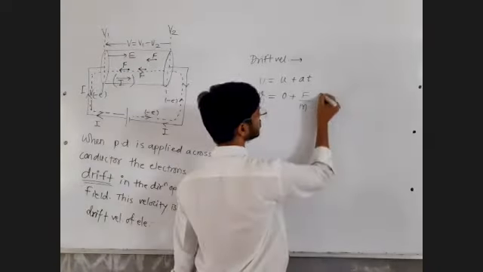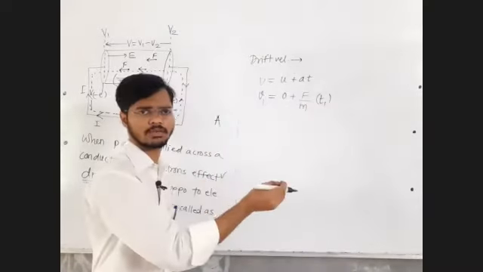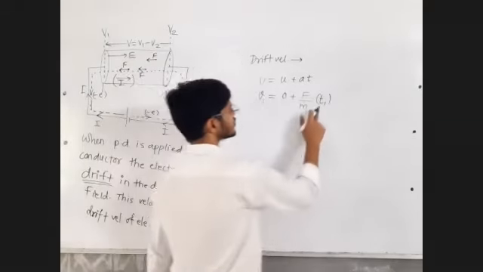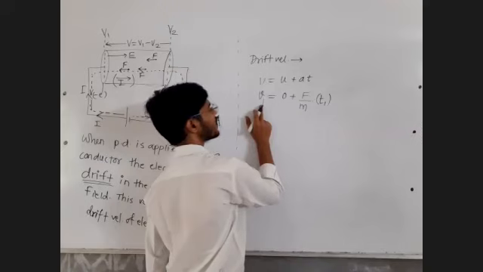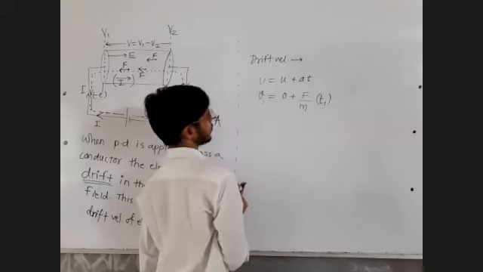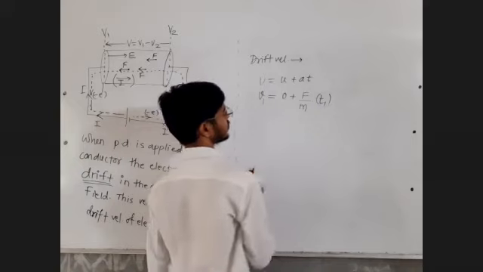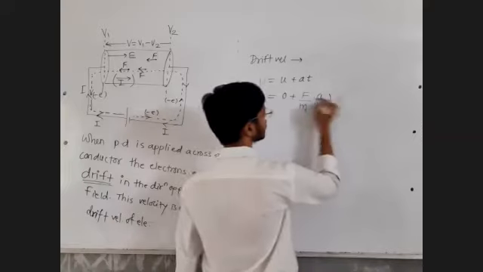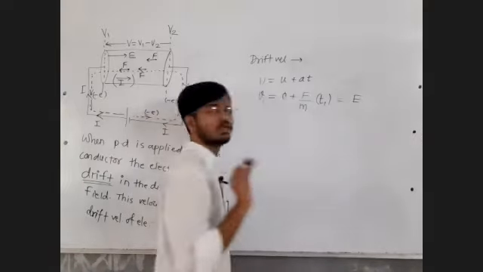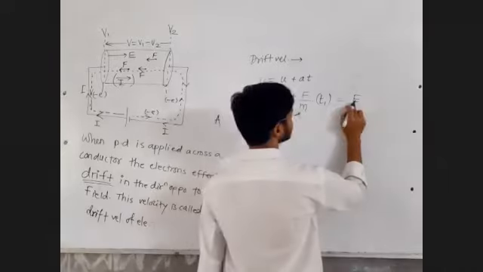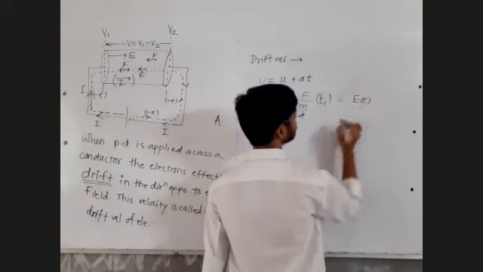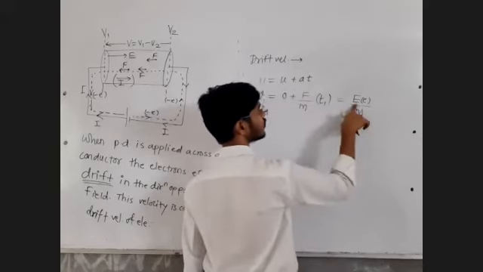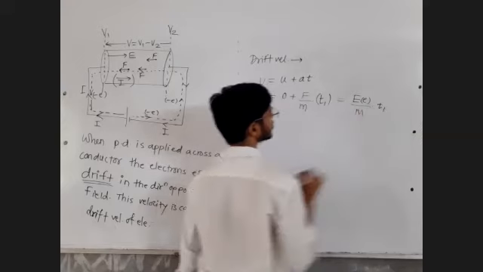An electron, after a very short time interval, is going to collide with another electron or another atom present inside the conductor. This is the time required for the first collision, and this is the velocity just before the first collision. This is the force acting on the electron. Can I write the force acting on the electron as F is equal to EQ? Electric field into the charge on the electron, EQ, that's it. So E is the electric field, Q is the charge on the electron, into T1.